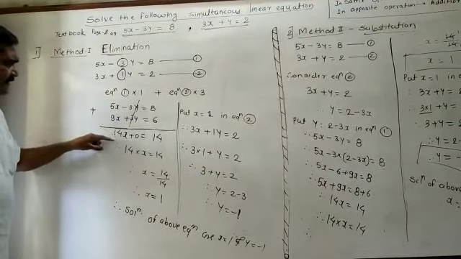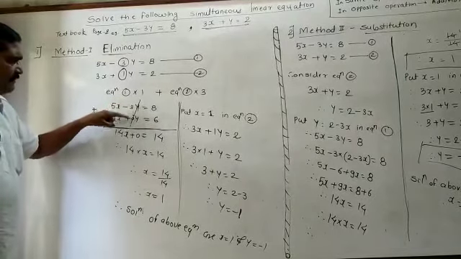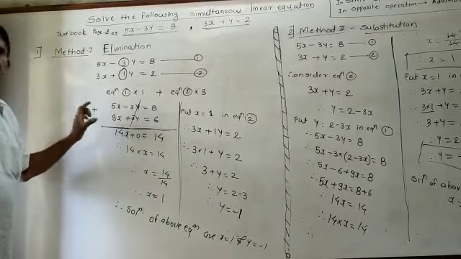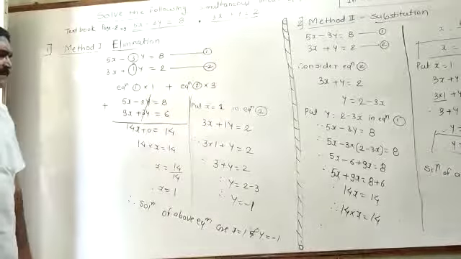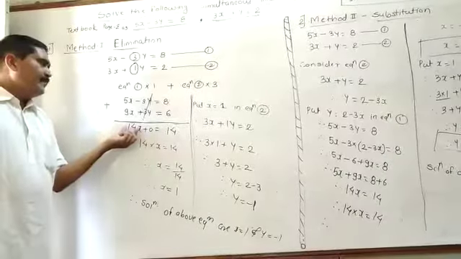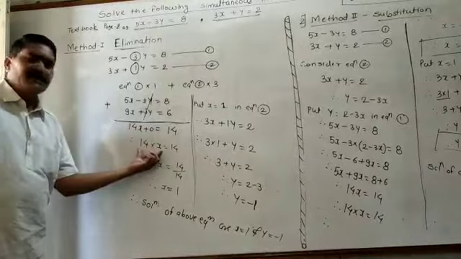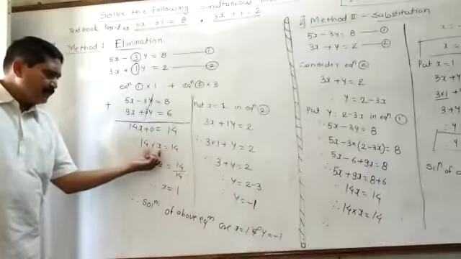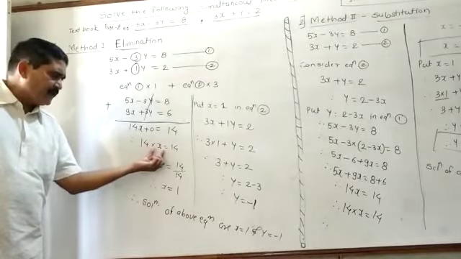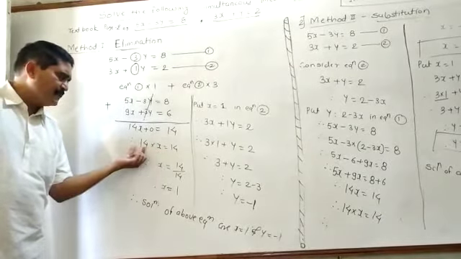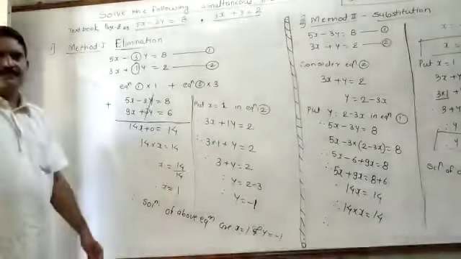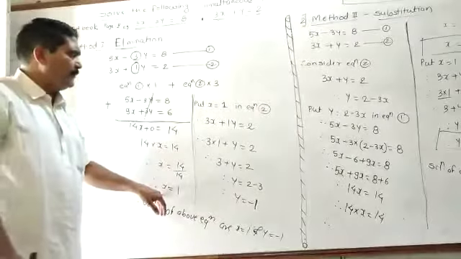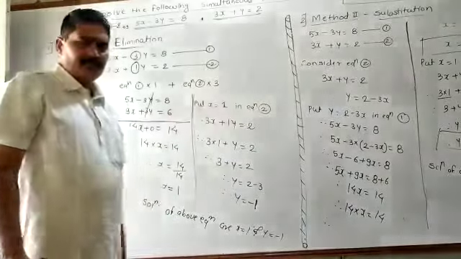5x plus 9x is equal to 14x. Minus 3y plus 3y, you have to cancel, the same term having opposite signs. Then 8 plus 6 is equal to 14. Between 14 and x is the multiplication sign. To find the value of x, keep x as it is, transpose this 14, multiplied by 14 becomes divided by 14, therefore x is equal to 1. Then you have to put this value of x equal to 1 in equation 2.